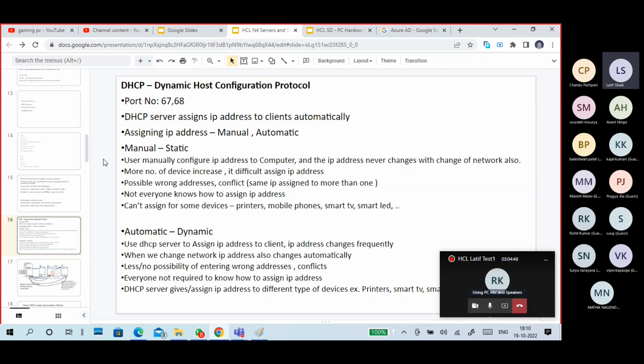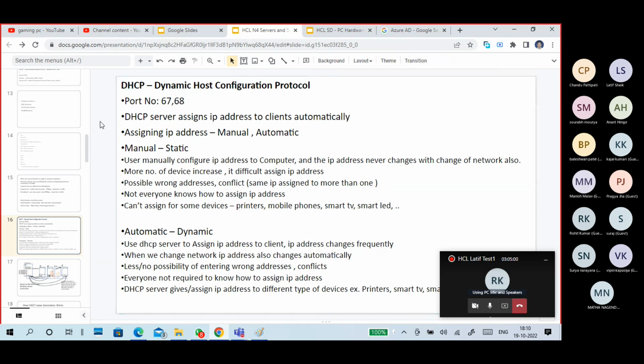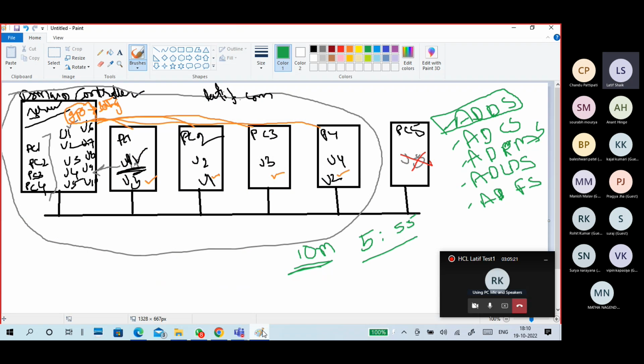One is interview questions, like: what is a DHCP server? What is DHCP? Tell me about DHCP. DHCP, Dynamic Host Configuration Protocol, port number 67 and 68. DHCP server assigns an IP address to the clients automatically, or DHCP server configures IP address